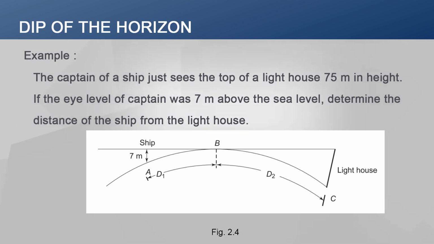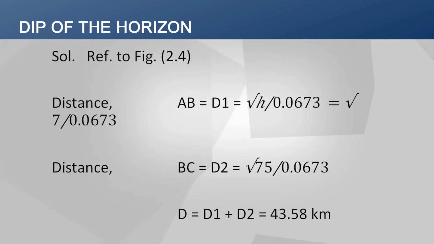Referring to the figure, firstly the distance AB, as you can see in the diagram, which is equal to D1, can be calculated as root over h upon 0.0673 from the combined correction, which is equal to root over 7 upon 0.0673. Now, for the distance D2, that is BC, it is equal to root over h upon